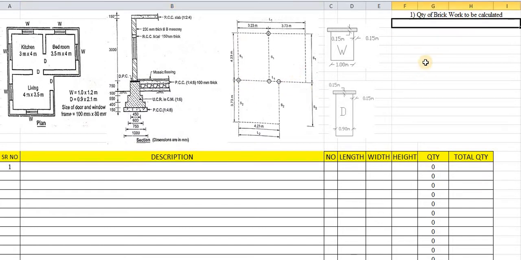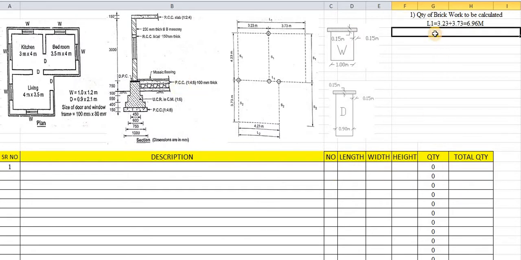Again, in the solution we will find out the complete length. So we will find the length of L1 just by adding: 3.23 added with 3.73 comes to 6.96. So what is the complete length of the long wall? 6.96 meters is the complete line. So 6.96 is the length of the long wall.